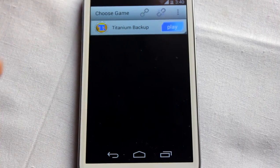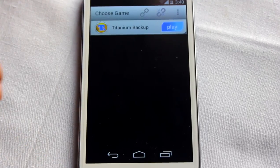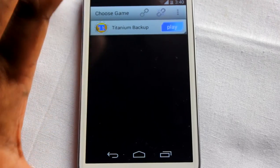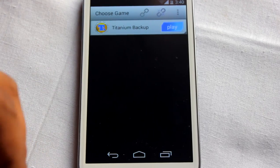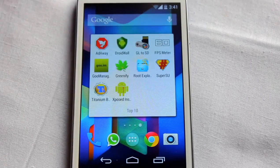So this application is very important, especially for gamers. And yeah, this comes on my top 5 list. It's a very good application, very easy to use, and now it's fully compatible with KitKat as well. Next most important application, I would say